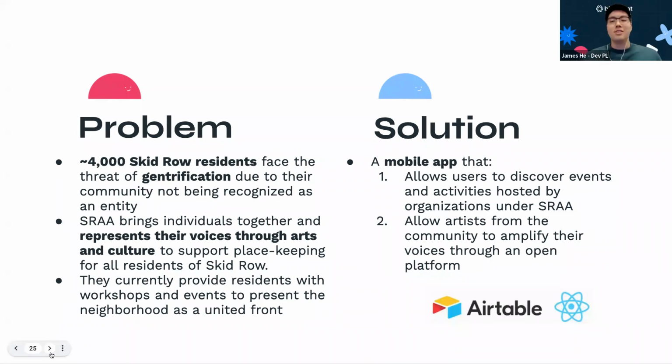So our solution is our favorite method, which is mobile apps. We're going to build out an interactive map so that individuals within the Skid Row community who download it are able to navigate and see what workshops are available throughout all of their partner organizations, as well as providing them a unique platform to share all of the work they do at these workshops with other creators, as well as giving them a platform to amplify their own voices.